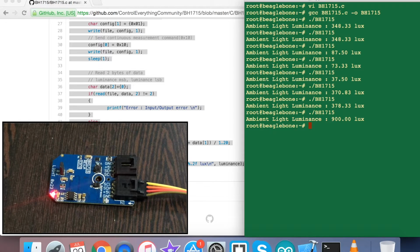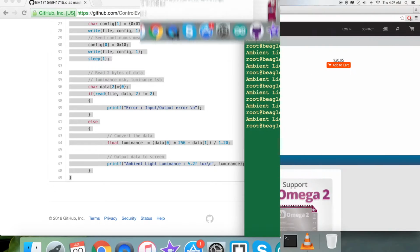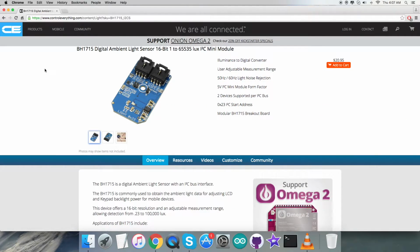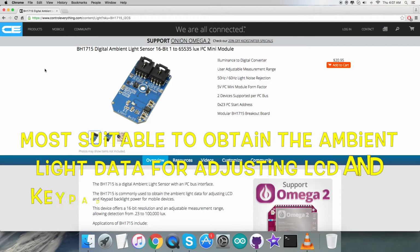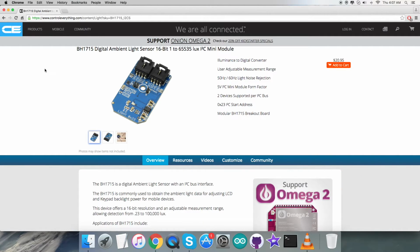Now let's see what are the applications, benefits and features of this sensor. BH1715 is a digital ambient light sensor IC for I2C bus interface. BH1715 is the most suitable to obtain the ambient light data for adjusting LCD and keypad backlight power for mobile phone. It is possible to detect a wide range of applications at high resolution with 1 to 65535 lux, the range it is,